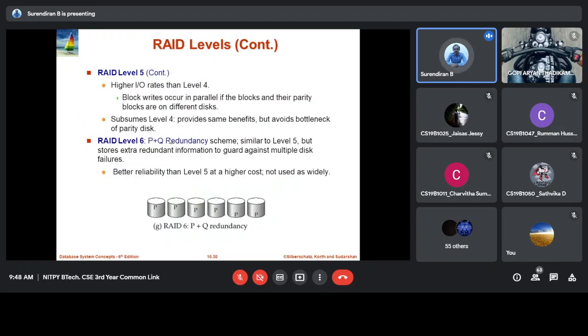And RAID level 6 has a redundancy scheme, that is, an additional parity bit, an additional disk redundancy, will be stored. It is for multiple disk failures. This case is very rare, multiple disk failures. So mostly they go with RAID level 5.